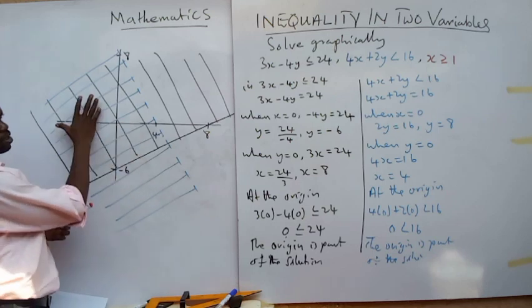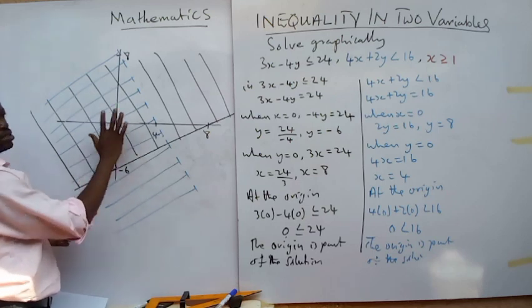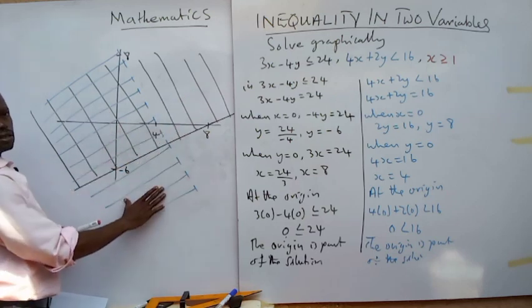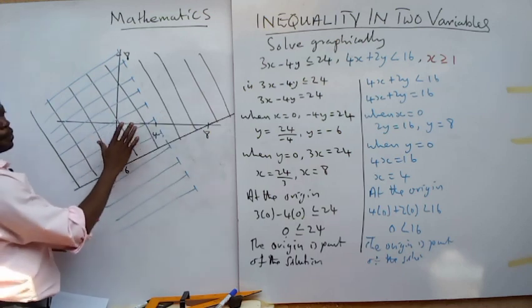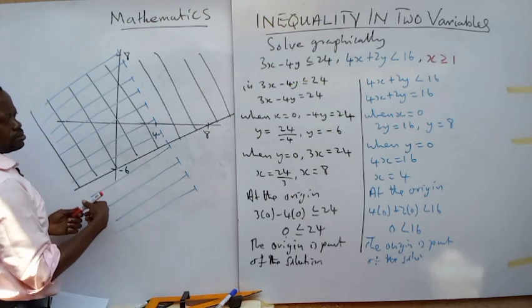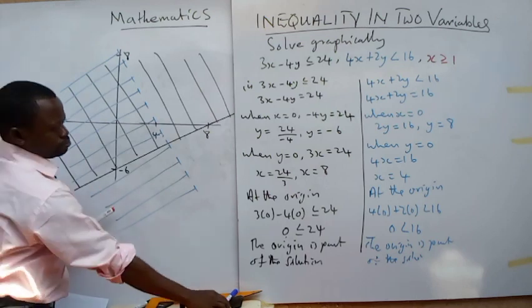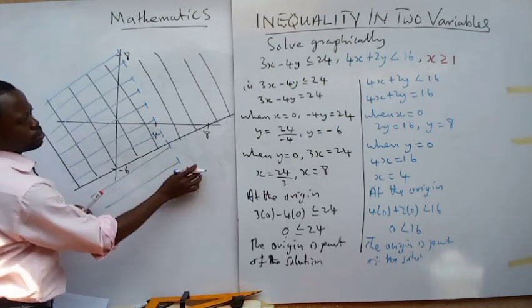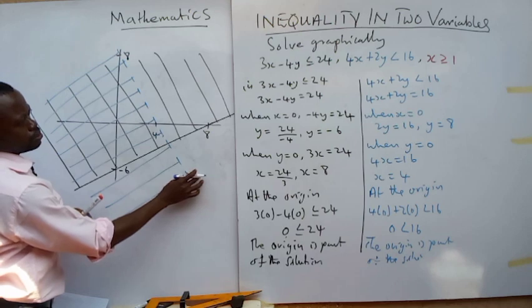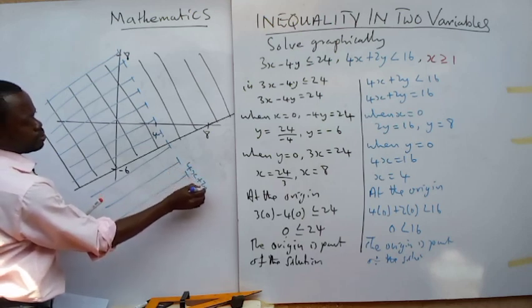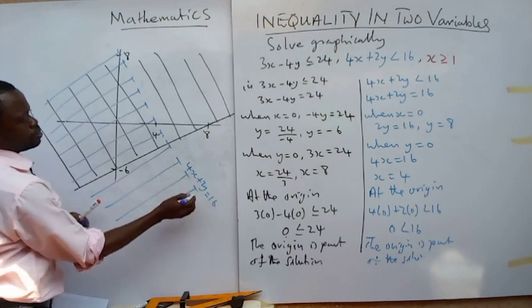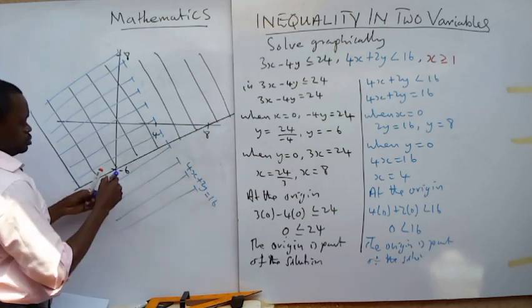So you can see the picture is already coming out. It's not here. Do you get it? It's not here and it is not here. So it's within here. Now let's put up the last ones. You know this one. This one is 4x plus 2y equals 16,